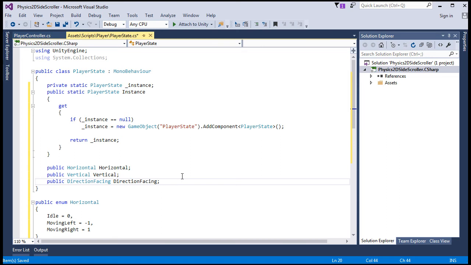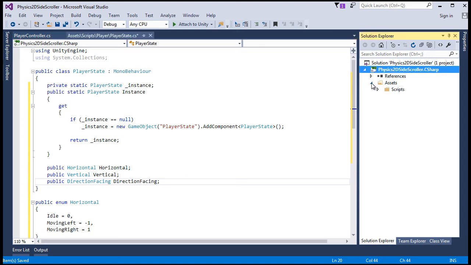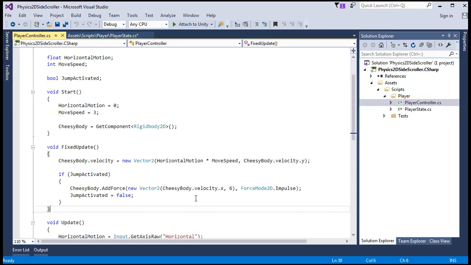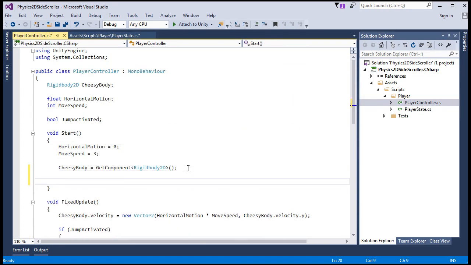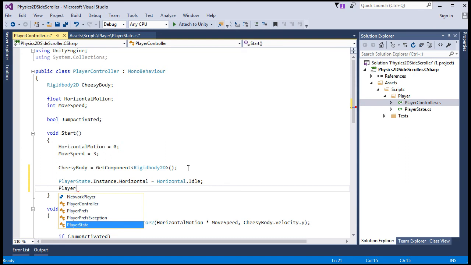So yeah, as I mentioned, this gets instantiated when we first run the getter for instance anywhere in code, which is basically anytime we retrieve a field within the instance. So for example, when we do this in the player controller, we'll just say PlayerState.instance, running the getter,